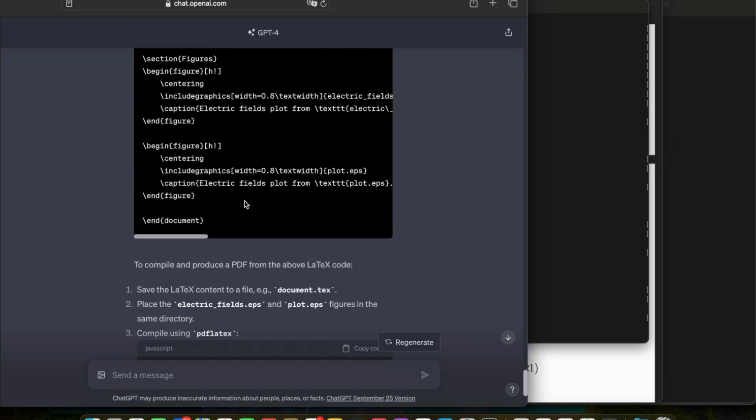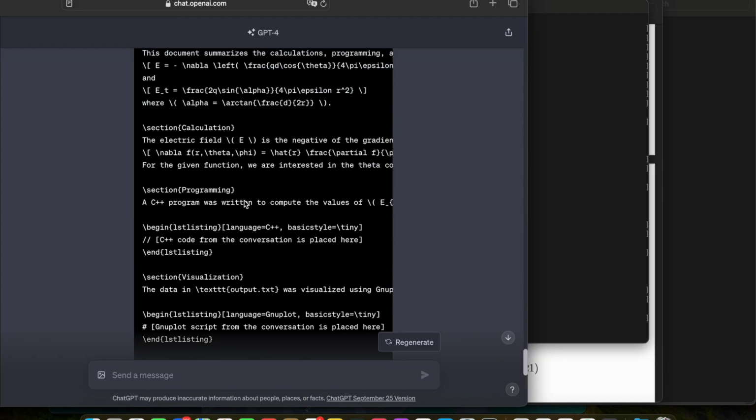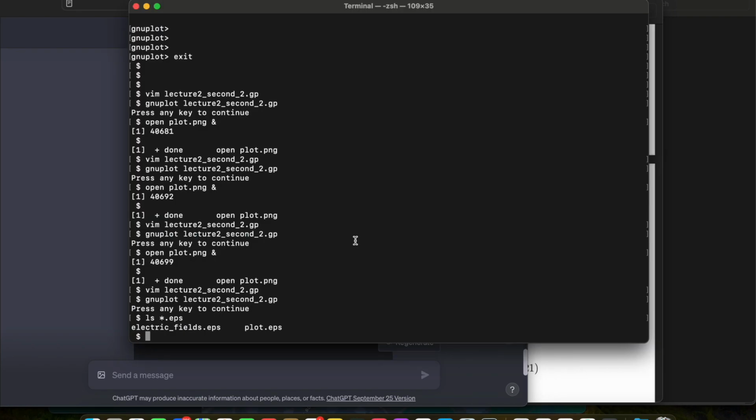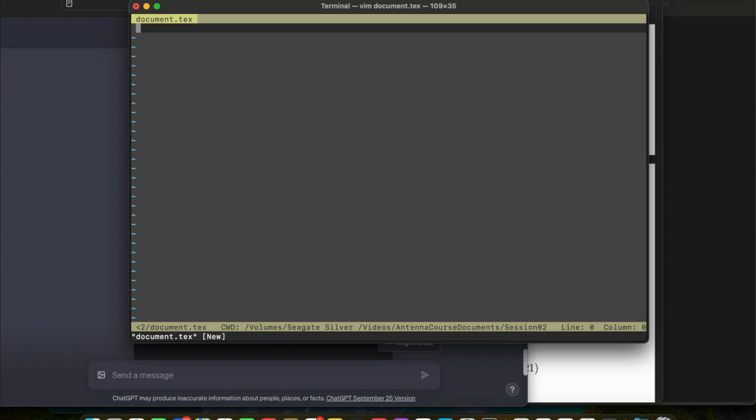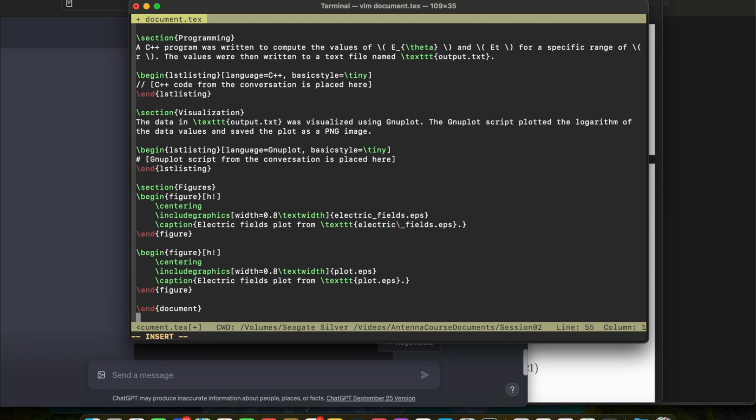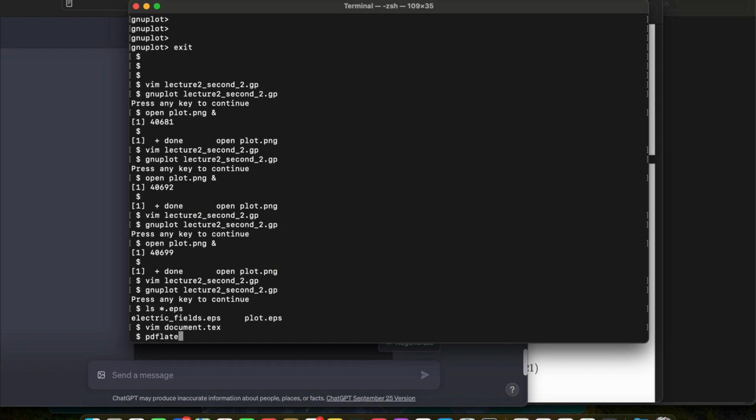So the document that this has created, it doesn't automatically put every single detail. It says that the C++ code from conversation is placed here. Of course, you can do that yourself, but then let's go ahead and create the document. Let's say document.tex. That's the name that it recommends. So I'm going to place everything here. And it says write a PDF